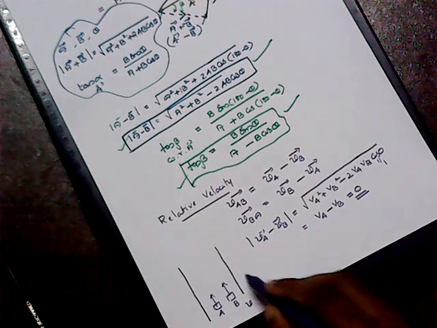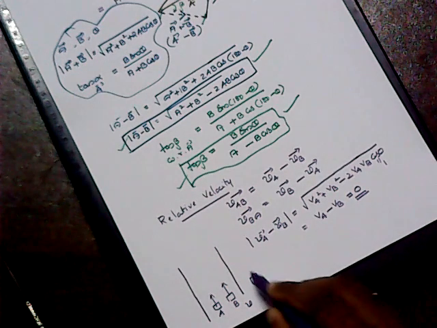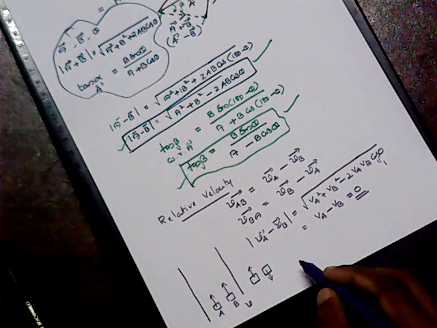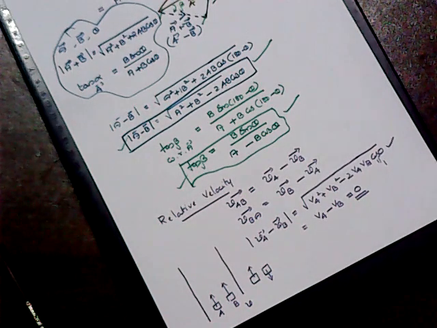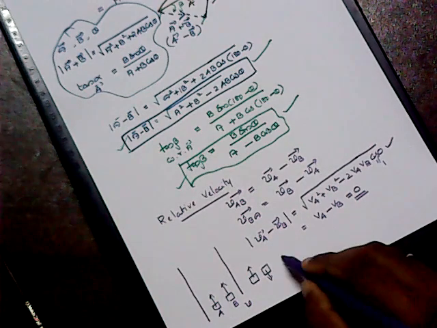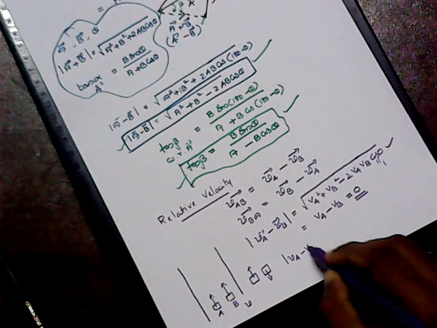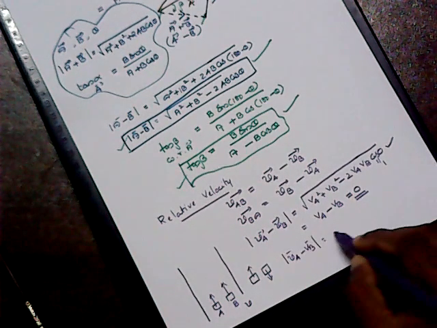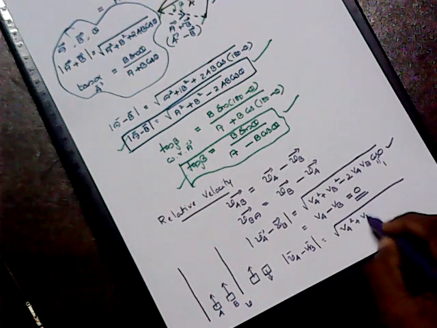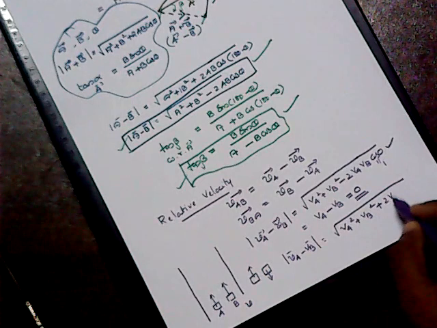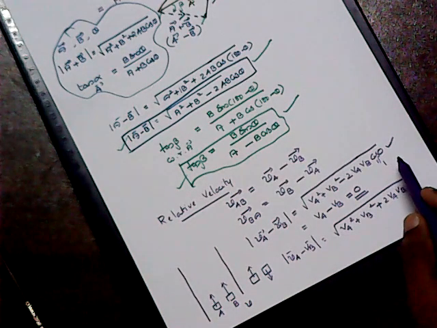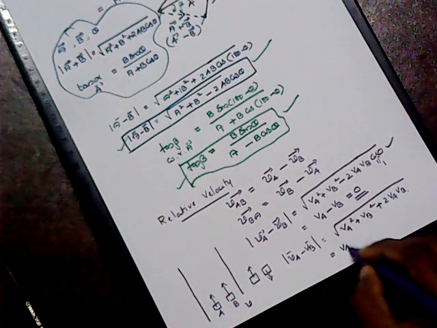But the case is entirely different if one vehicle is moving in one direction and another in the opposite direction. That means there theta becomes 180. What is the value of cos 180? It becomes minus 1. So in the second case, theta becomes 180 and we get the value as the square root of VA square plus VB square plus 2VA VB, since cos 180 becomes minus 1. So you get the value as VA plus VB.